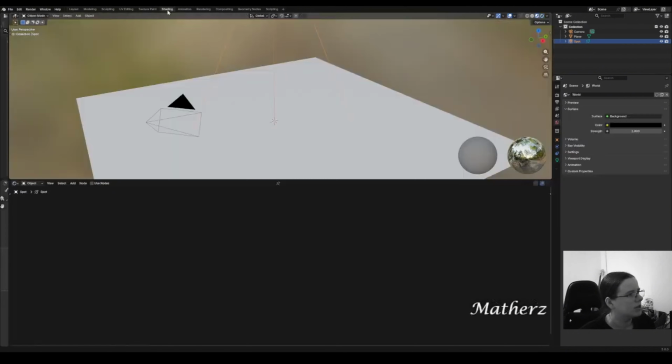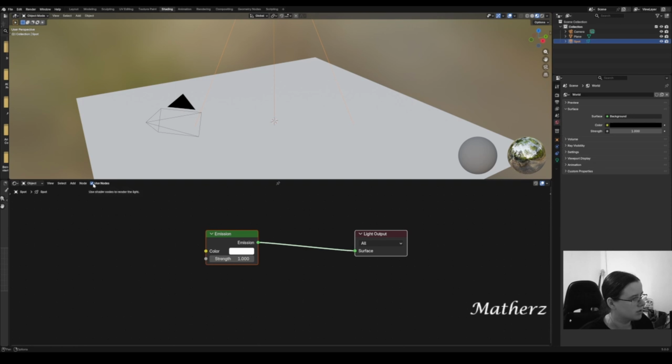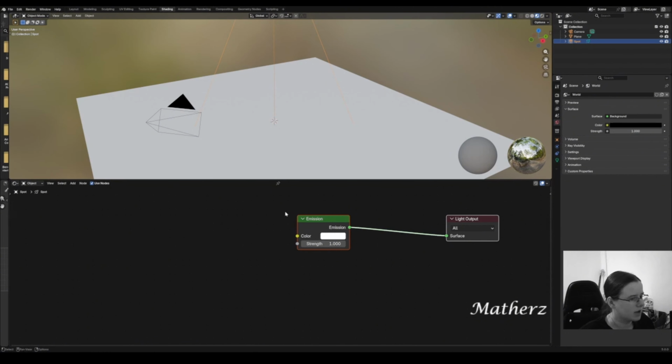So let's go to the shading tab, and select your lights right here. You'll notice that nothing comes up right here. This is because we need to make this a node. So let's go to use nodes, just click right here. So this is now our emission. We're going to go to add. Let's go to image